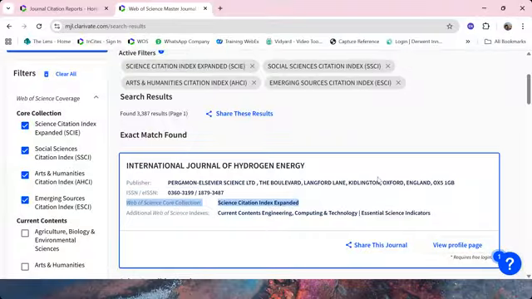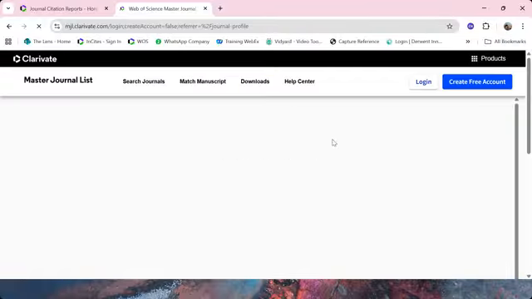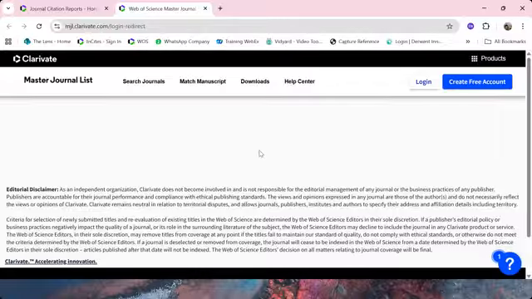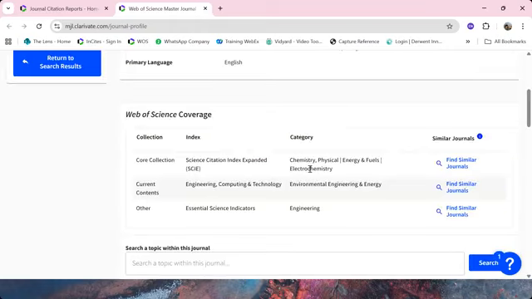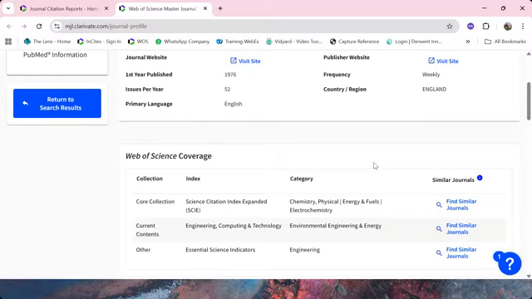Okay, from this page, there is a journal profile page, but just take note, this only gives you some basic information about the journal and also a URL to the journal's website. Here you can go to the journal's website to make sure that you're not falling prey to clone journals.